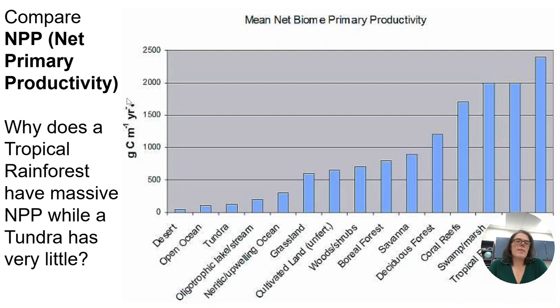We have all of our biomes here, and their productivity over here, their NPP. And notice we have tropical rainforests and estuaries at the far right, very, very productive, lots of plants. Deserts and tundra over here have low net primary productivity. Forests and grasslands are generally in the middle. So you can think about all of those things we just talked about: how much rain there is, how much insolation is coming in, that differential heating of the atmosphere and the oceans, and how that plays into net primary productivity. And there definitely is a correlation there.